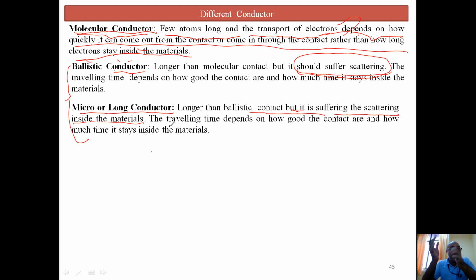And you know, modern transistors with 15 nanometer technology are actually kind of ballistic conductors. One thing I want to make sure of: suppose you don't know whether it's a ballistic conductor or a scattering or diffusive conductor. It doesn't matter. In that case, to calculate the current you can solve the Schrodinger wave equation,